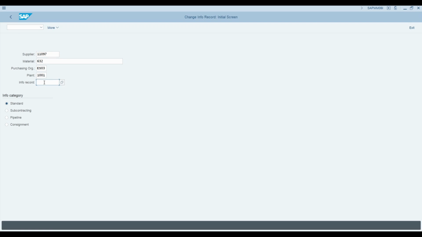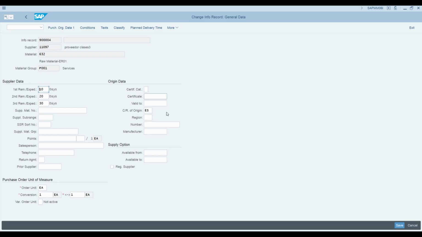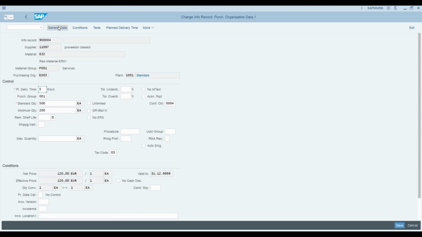And yeah, just insert the number, and you can see you can also insert some information that you have missed when initially creating the purchasing info record. So that is all regarding the purchasing info record creation in GUI. Let's jump into Fiori to see how we create the purchasing info record with the help of a Fiori